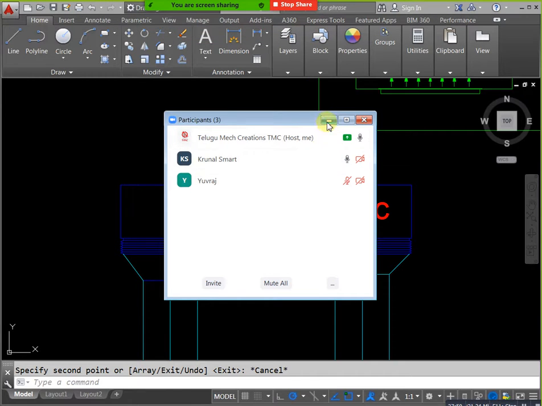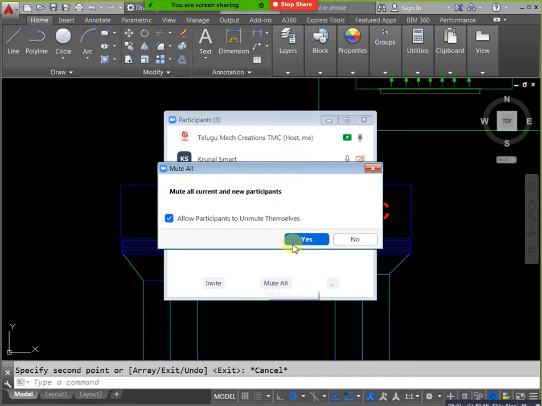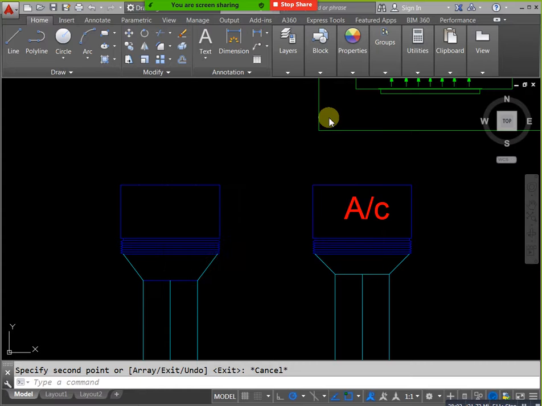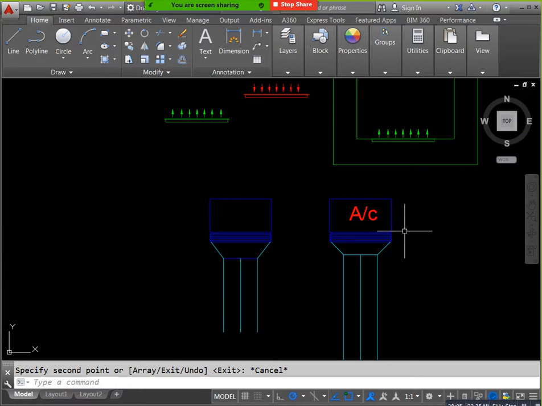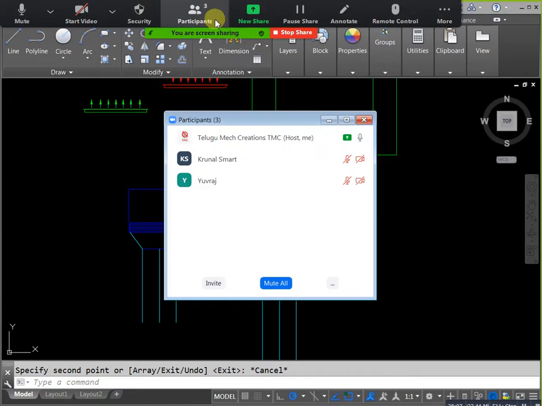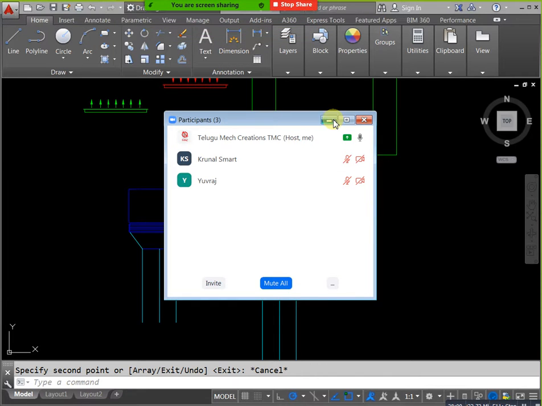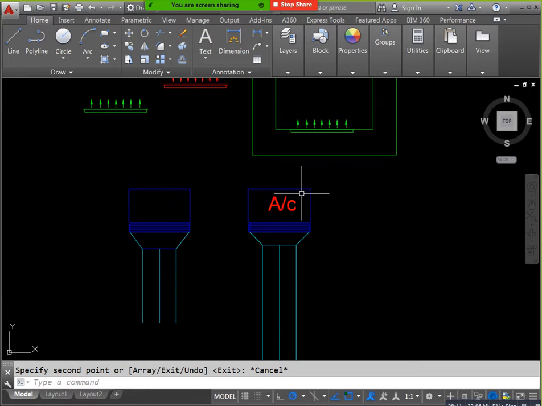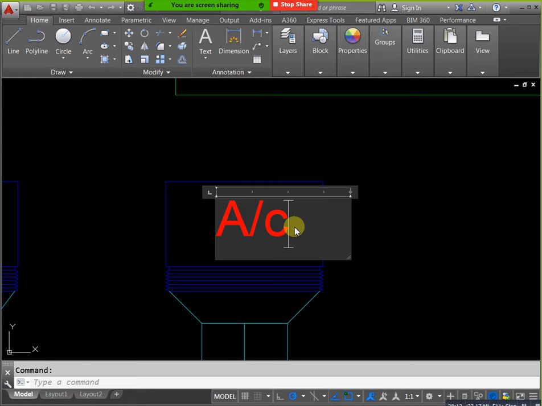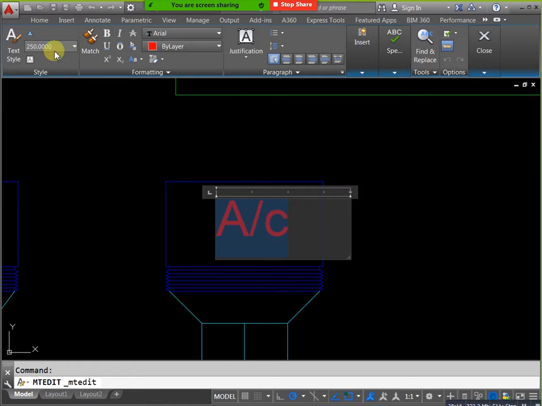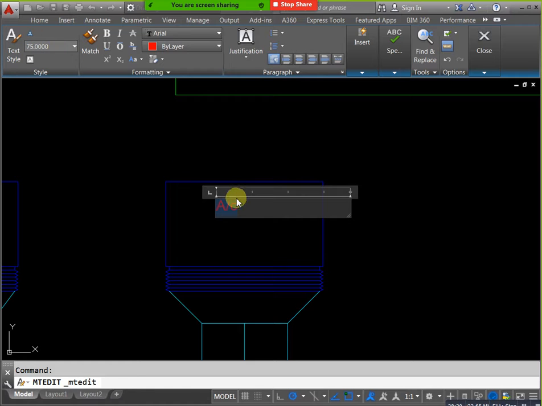Just apply like 75 text. Okay, then you can mention this is the mission. Now you can mention it as a mission. Now select this one, copy here to here. For example, this is canvas. You can apply canvas or flexible connection.